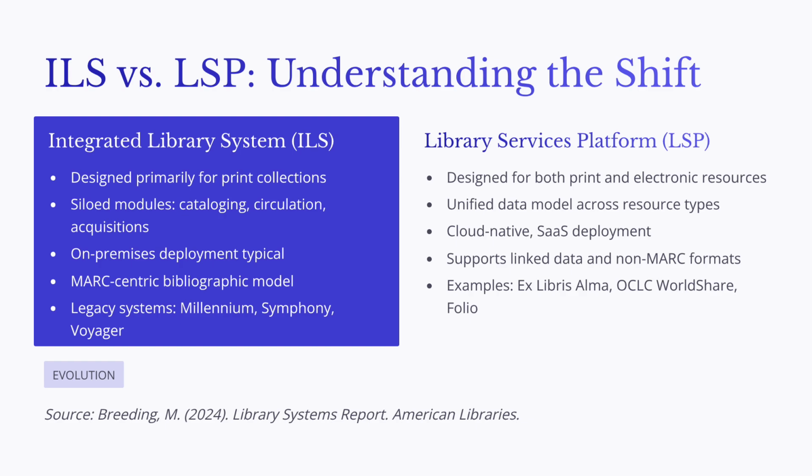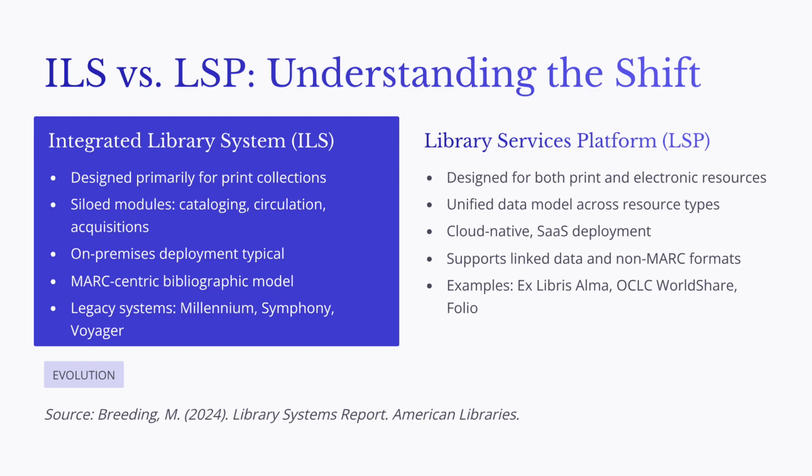Here's the problem. Libraries do not run on print anymore. A typical academic library today might spend 60 or 70% of its materials budget on electronic resources, journals, databases, ebooks, streaming content. The old ILS was never designed to manage that gracefully. So the industry started building a new generation of platforms, library services platforms, or LSPs. The difference is not just that they handle e-resources better. It's a whole different architecture, cloud-native, unified data model, designed from the ground up to manage print and electronic together